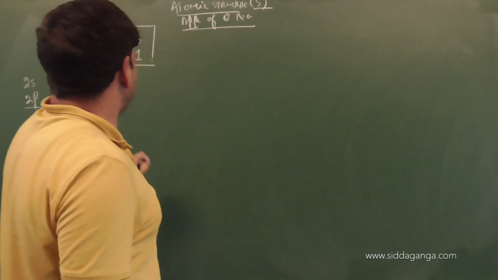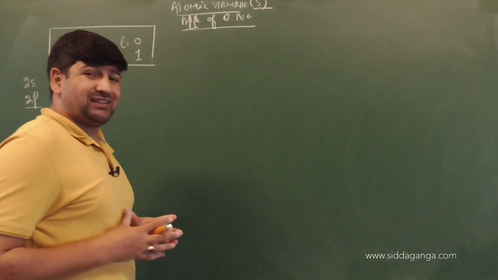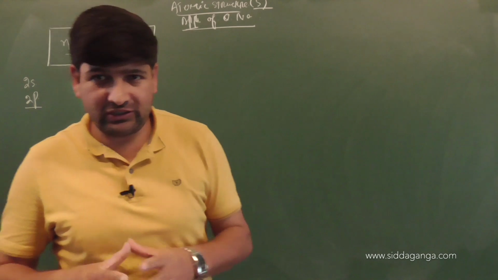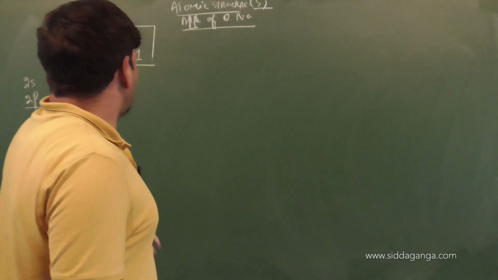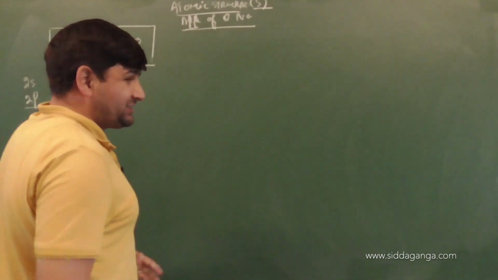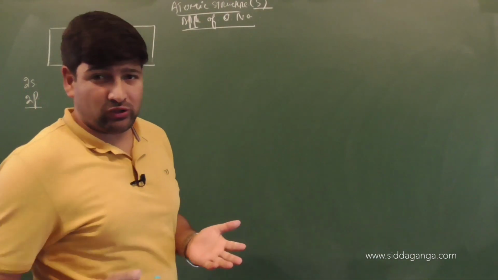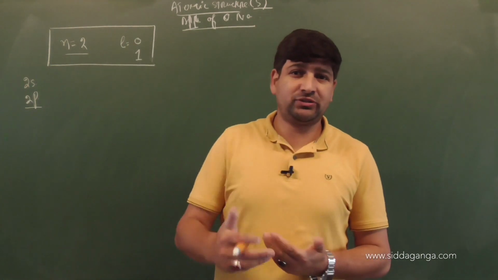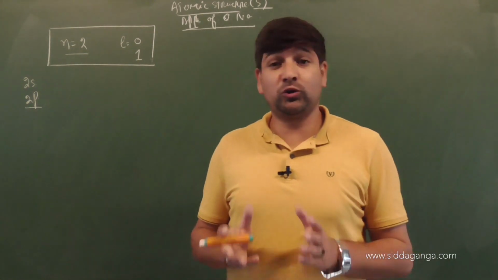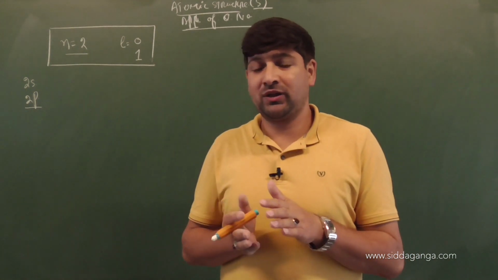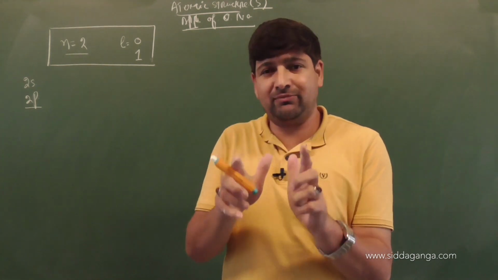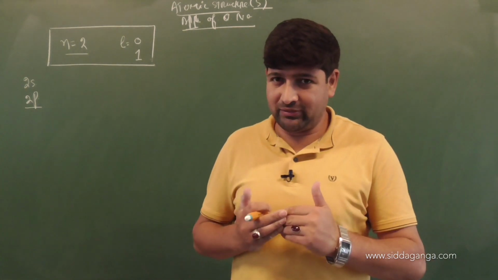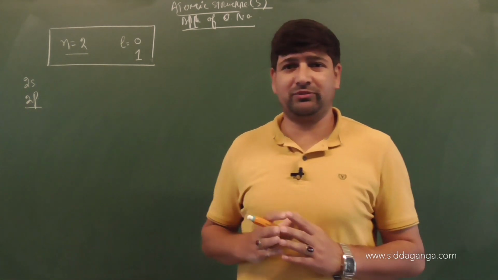And if we are asked, for an atom, what will be the set of 4 quantum numbers with respect to its valence electron or any electron, then we have a permitted set, which I have written with respect to the principal quantum number. When principal quantum number n is there, the subshells associated with n are the available quantum numbers of n and l. How many out of those available sets are applicable? How many are permitted? The available set of quantum numbers is one thing, and the permitted set of quantum numbers is different.